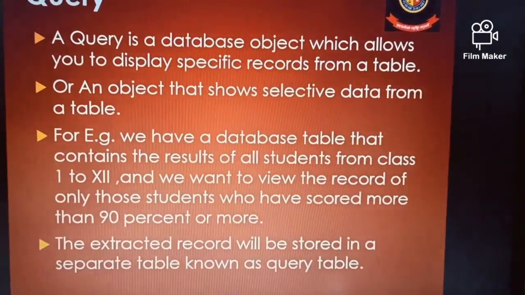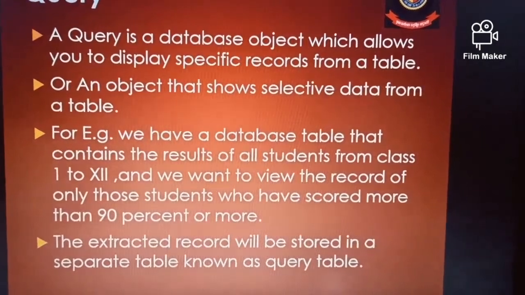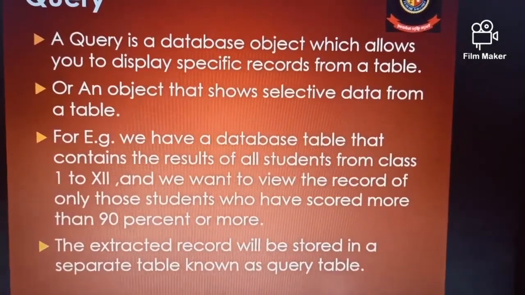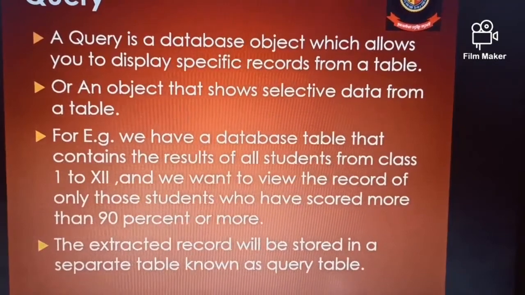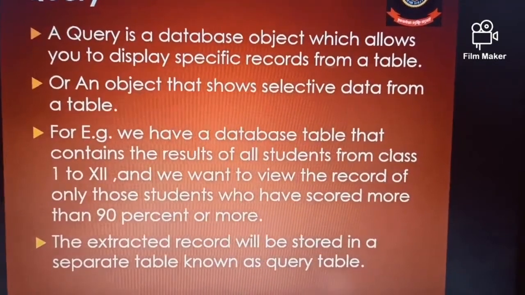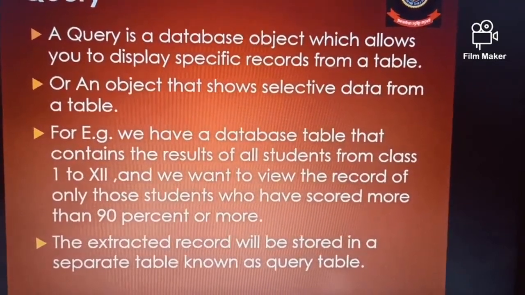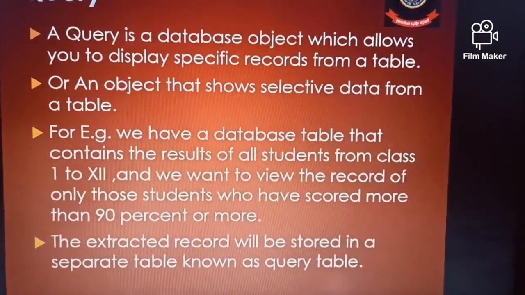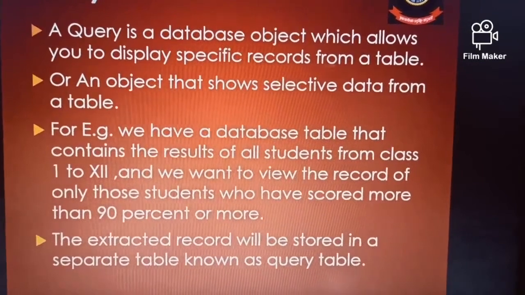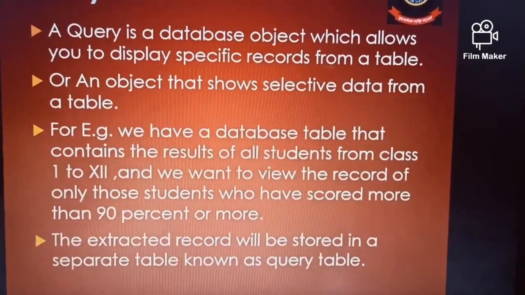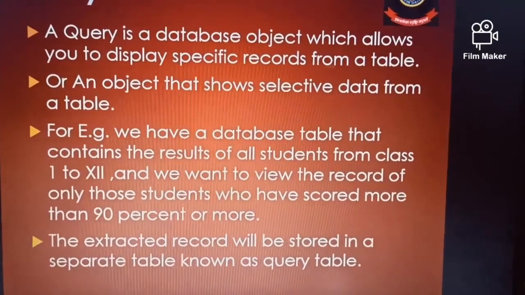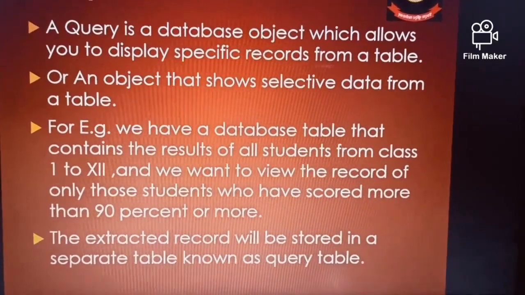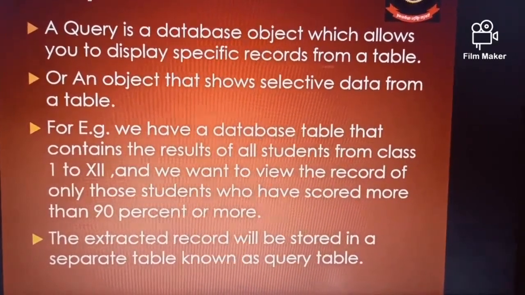For example, we have a database table that contains the results of all students from class 1 to 12. Suppose we have created a table, and in that table it contains the records of students from class 1 to 12, and we want to view the records of only those students who have scored 90% or more.